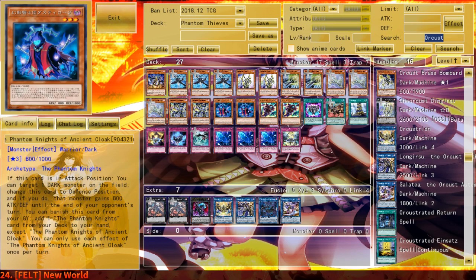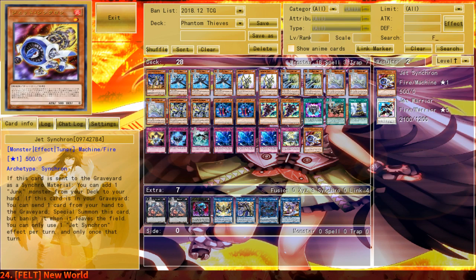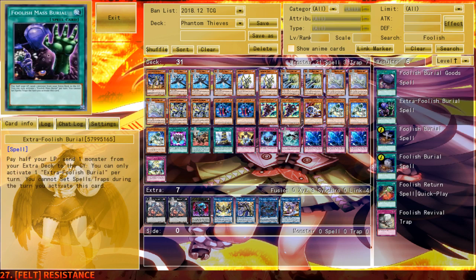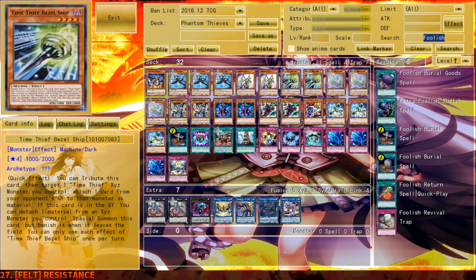Now I have to see where to get them, and I've been thinking about using Warriors to just get on and maybe do a Summon Sorcerer play, but I think that's a bit too risky. However, we might be able to tack in 1 or 2 weird cards like Jet Synchron, and along with a good card like Formed Skipper. We also need Foolish Burial for all our cards, but the thing is,